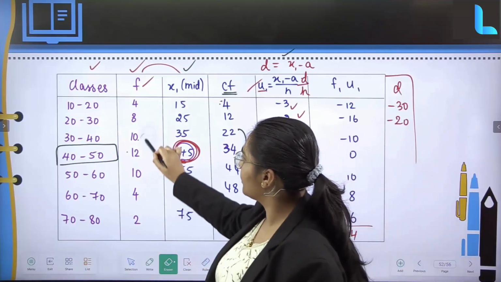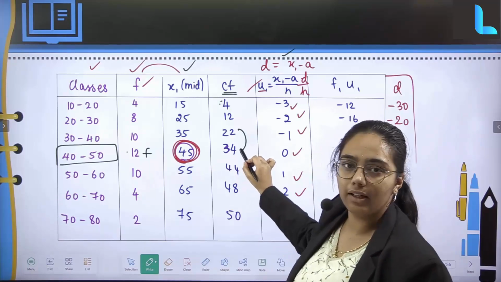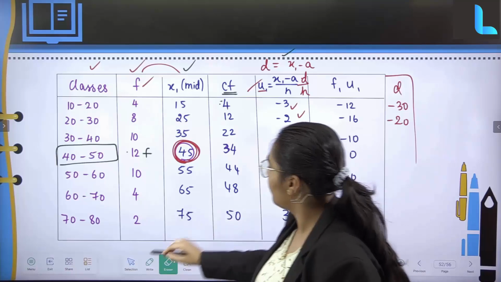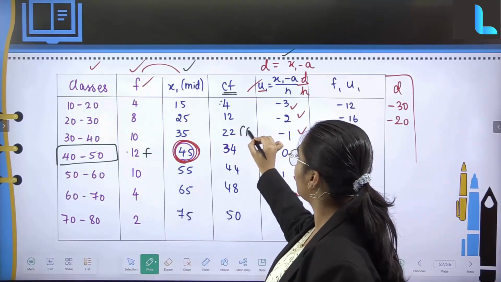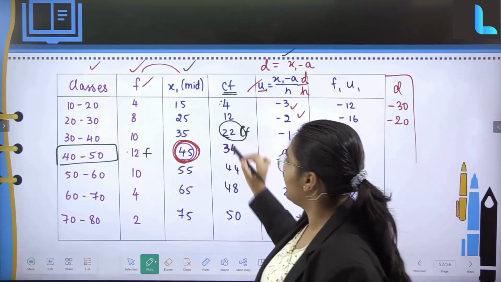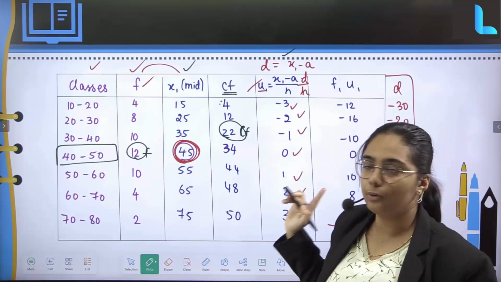So from this table only we have found out my median class. Over here this was the frequency, and subsequent to it I had my cumulative frequency, but this is not what I should consider. Before this frequency, the cumulative frequency over here is going to be equal to 22, and frequency is going to be equal to 12. This was something relating to the median.